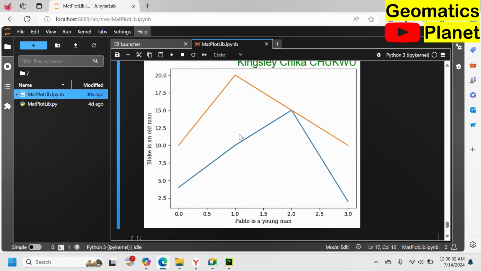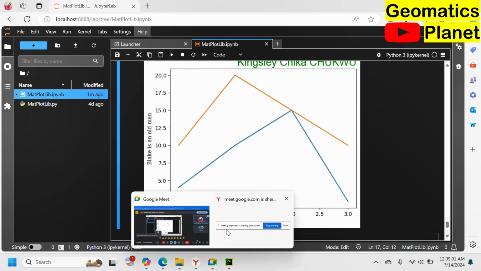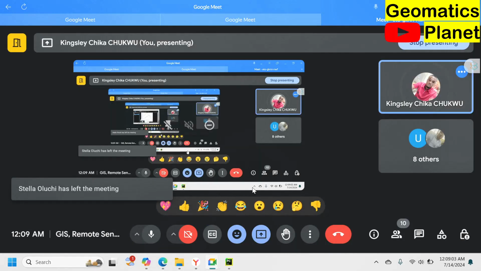Get a coordinate. If not, contact Collins, if he can help us with 4 points, because I know he's the only surveyor here. If he can help us with a coordinate of 4 points or 5 points, but let it be a plot of land. Plot it, put the title, give yourself the plot, the x and y axis, and produce something like this for us. So this is how we know we are going to make progress. If you have a question, you ask. If not, we are going to break for 1 minute. If you have any question,